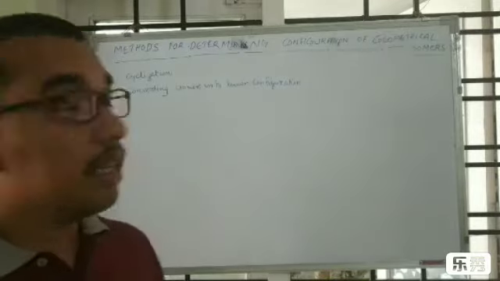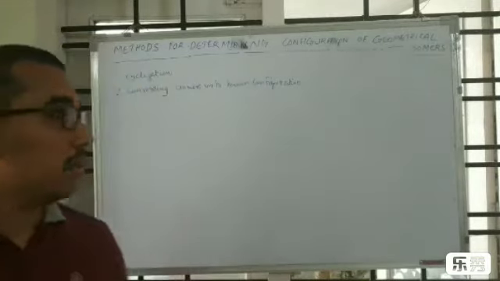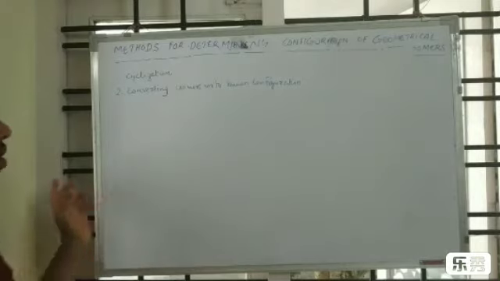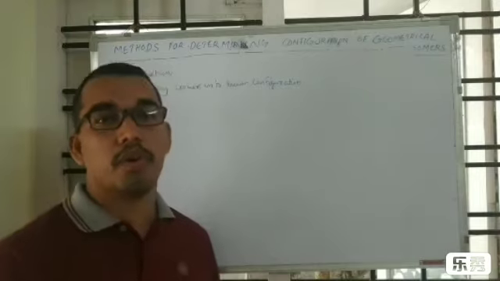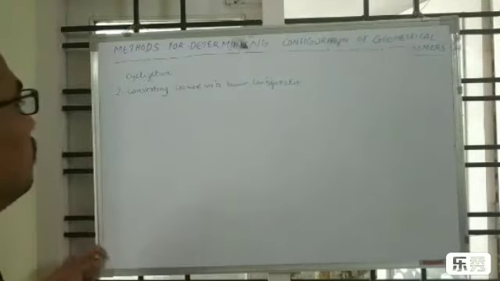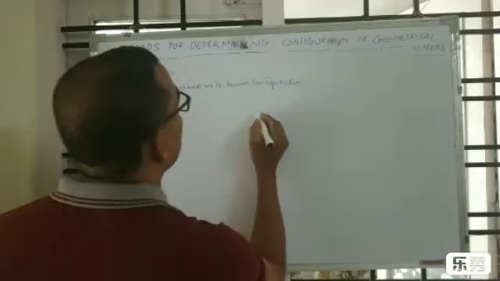The second method is that converting the isomers, whose configuration is unknown, into compounds of non-configuration. For example,